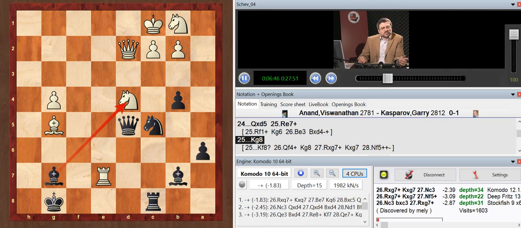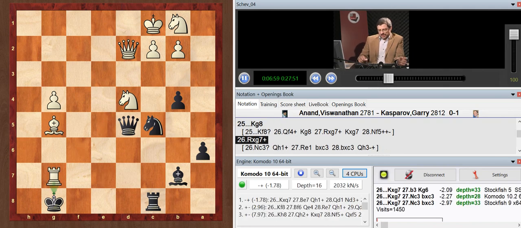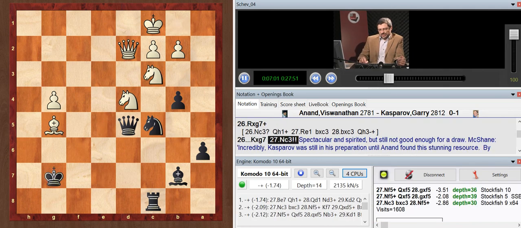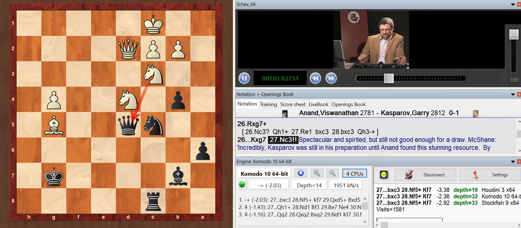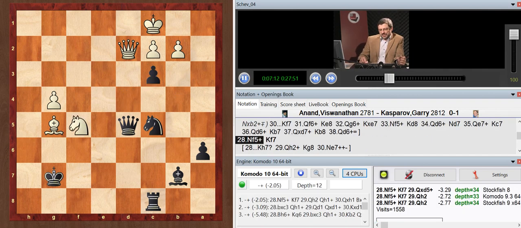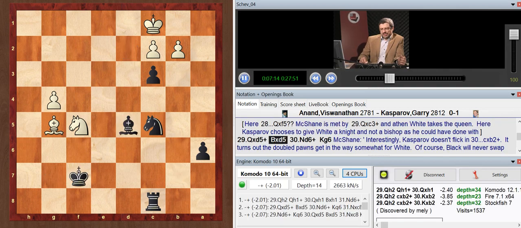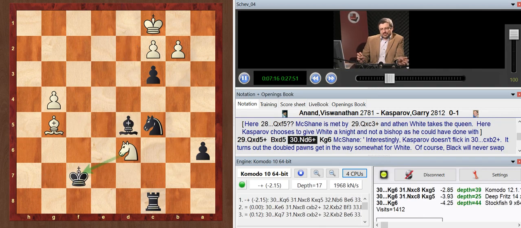White is only a pawn up, and unfortunately his knight that jumped from c3 to b1 is still located on b1, and that's a great disadvantage. Now, after rook g7, white at least managed to play a very interesting combination. Knight c3 deserved 2 exclamation marks in the note, because after b takes c3, knight f5,